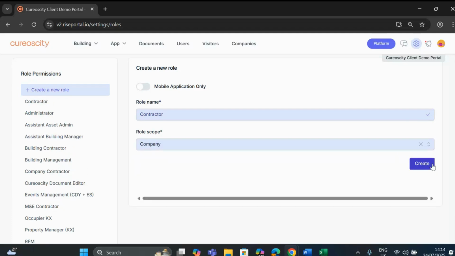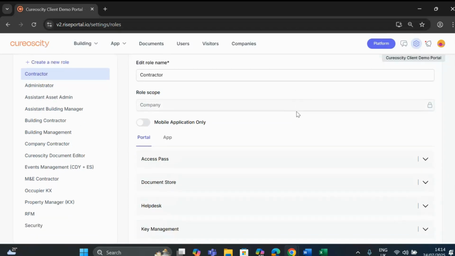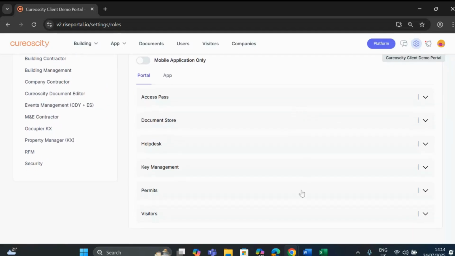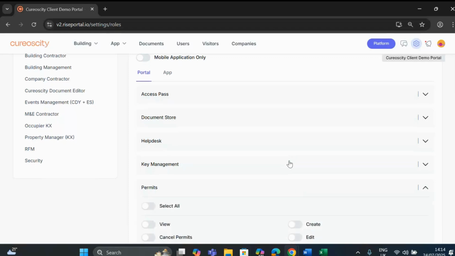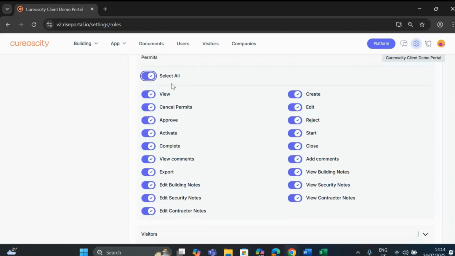And then you select create, at which point you'll see the new permission role appear below. You can then select edit and then issue the relevant sections for them. So for example, for a contractor, you may want them to have access to permits. You'll go into this. Personally, I would hit select all and deselect the bits that you don't want them to